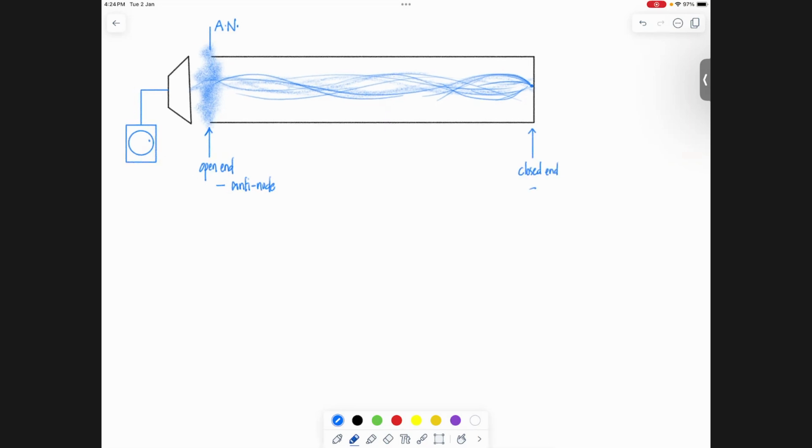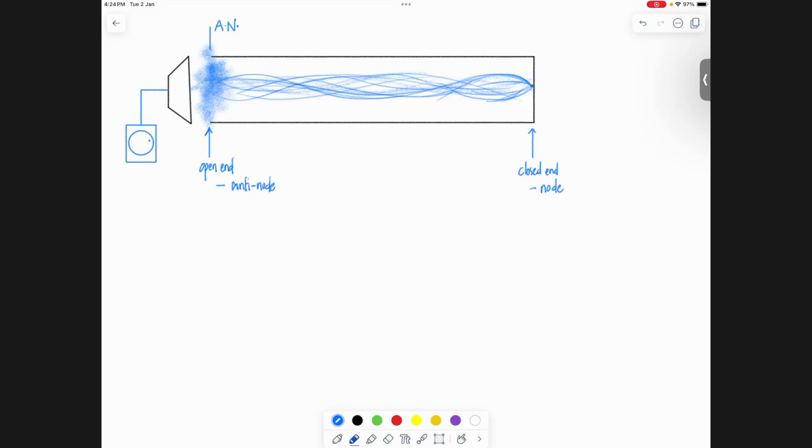That an open end is always what? An antinode, and a closed end is always what? A node. Okay. So here a node will form. And that's how stationary waves are formed in pipes. The sound will reflect at a boundary. At the boundary you won't get any sound, and where the sound comes from, there you'll get the loudest sound. Now our topic's requirement is to analyze this mathematically,